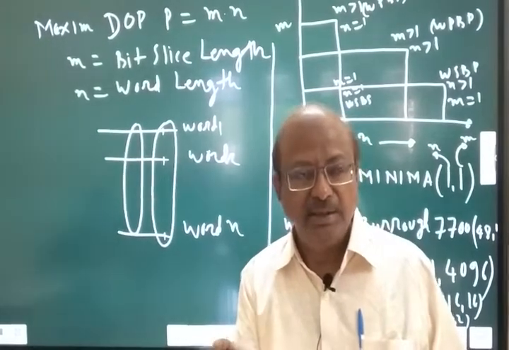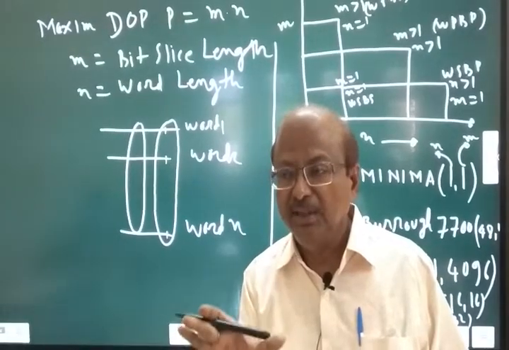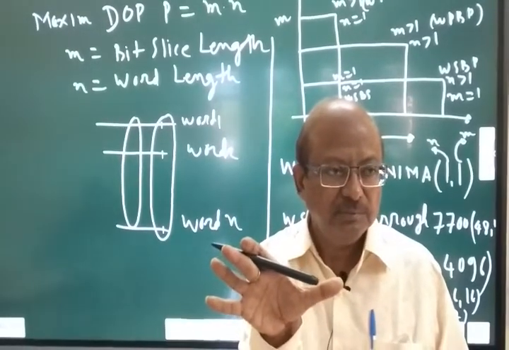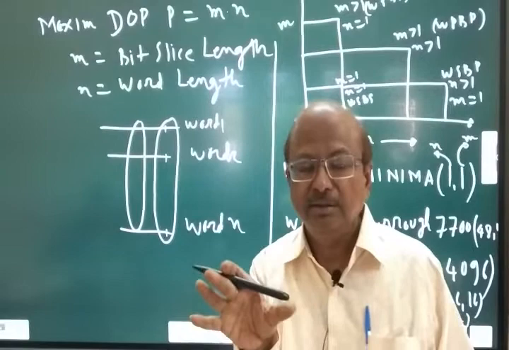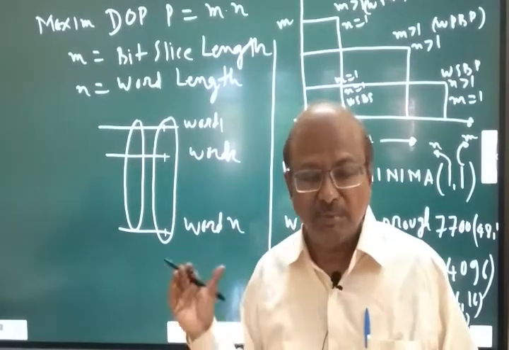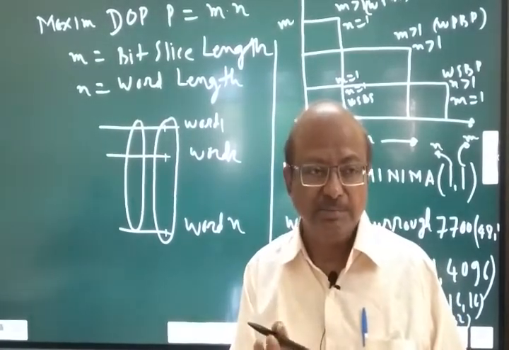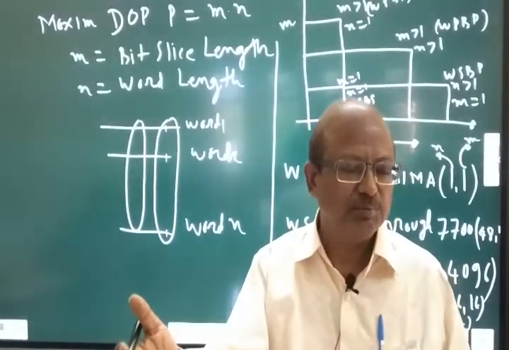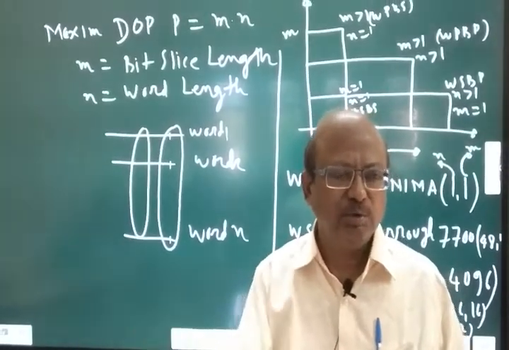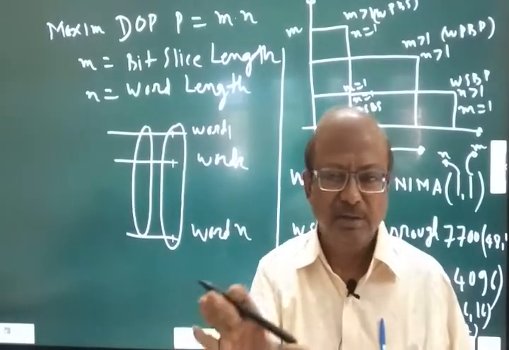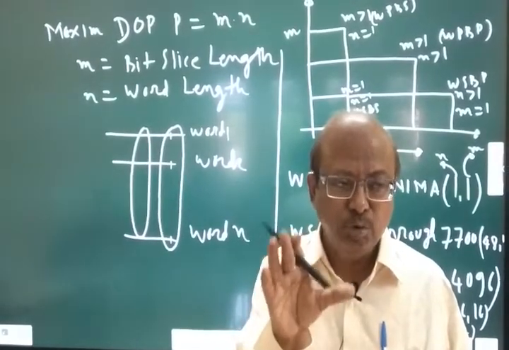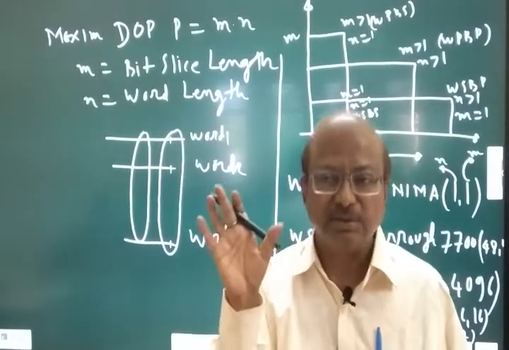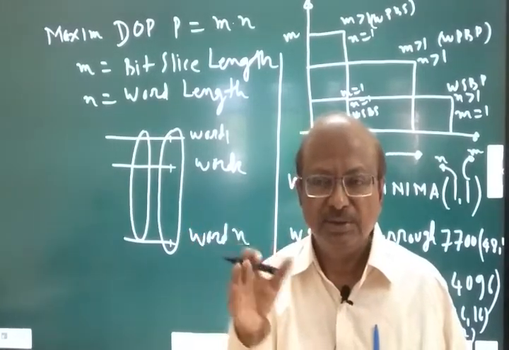That means in the T1ASC computer each word is 64 bits long, and in this type of computer there are 4 arithmetic pipelines. I will teach you further what a pipeline is. You can go through my YouTube lecture on pipeline also. And there are 4 arithmetic pipelines, each pipeline of 8 stages. You will see it further.